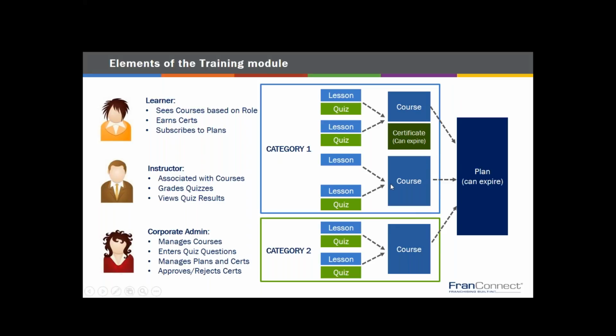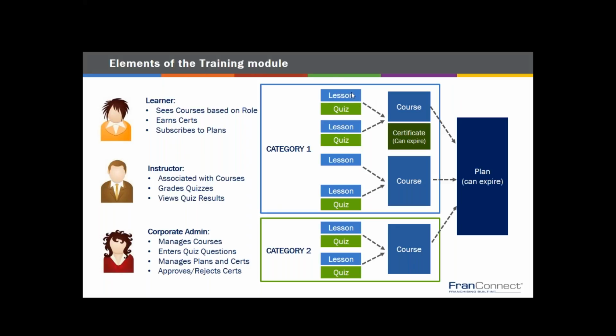So if my bakers all need food safety and how to frost cupcakes, then they can have a plan that has that. And my bartenders need food safety and how to serve dinner at the bar, then we can share this course. And in the older versions of FranConnect, that was harder to set up, to make a plan that reused skills. So as you're doing courses, you might want to think about the modularity of those skills. If everybody needs branding, then that can be one module that goes at the front of everybody's course. Welcome to our company. These are the rules about how to make sure that everything looks exactly like our brand.